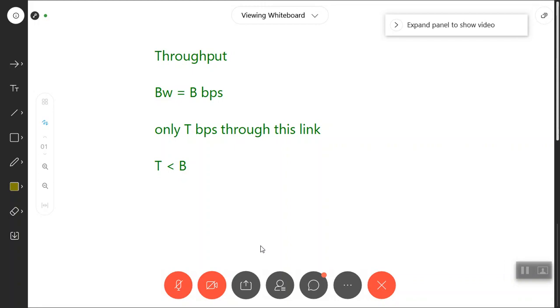Is this clear? And the third term that we usually come across is known as jitter, which is simply the rate of change of delay. You measure several delays over a period of time and see how the delay has changed. This gives you the rate of change of delay, and this we term as jitter. The delays, the throughput, the route, the traceroute, all of that we'll take up in the lab. We actually took some of these things in the lab to understand this more.